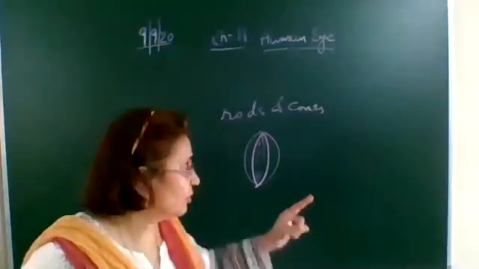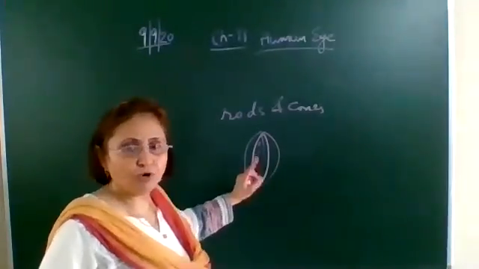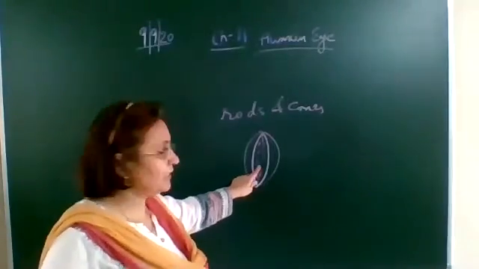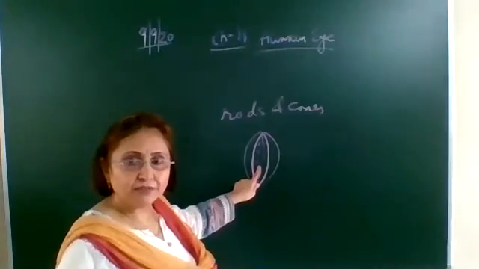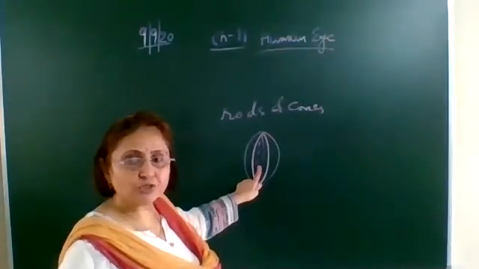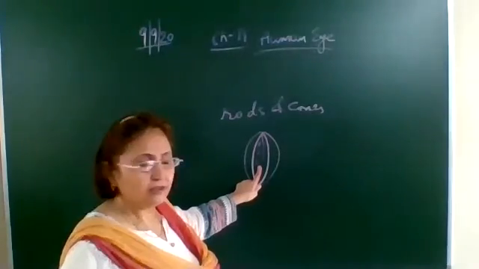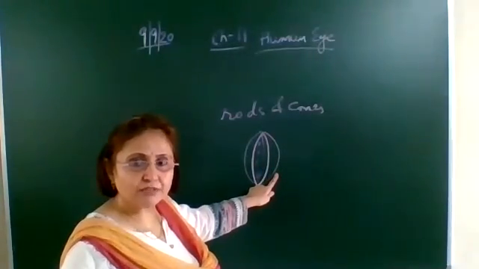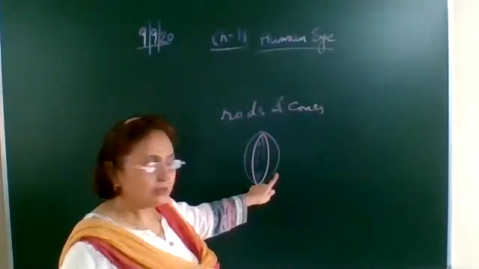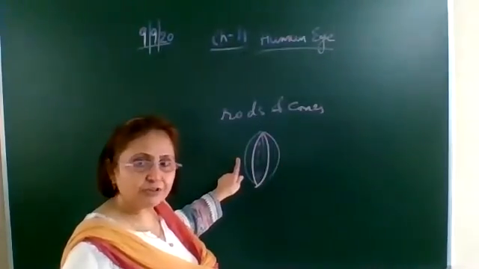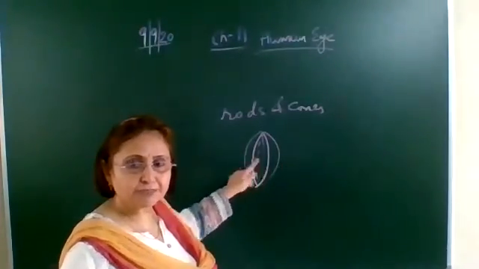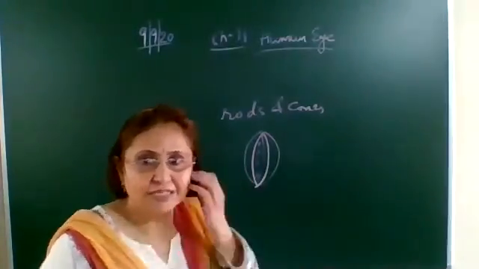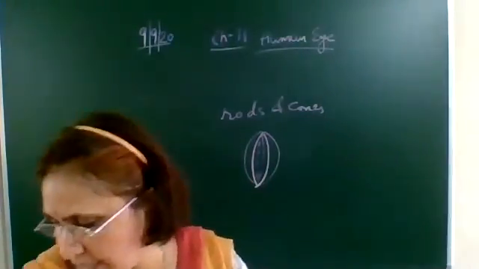One thing you should note down: thin lens, more focal length. Thick lens, less focal length. So when the lens becomes thin, its focal length increases, so you can see the far away objects. On the other side, when you are looking at the close by objects, nearby objects, the lens becomes thick. Why? Because the ciliary muscles contract, so the lens becomes thick and the focal length decreases and you can see the nearby objects clearly.